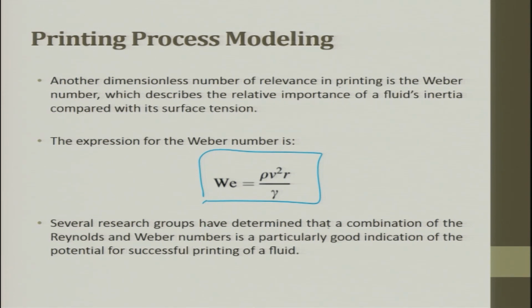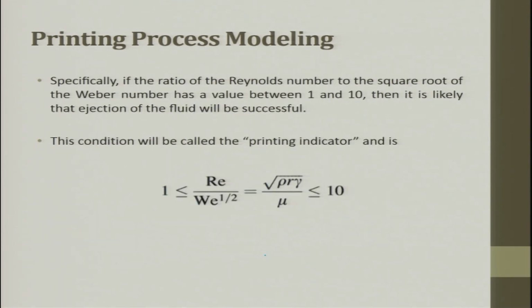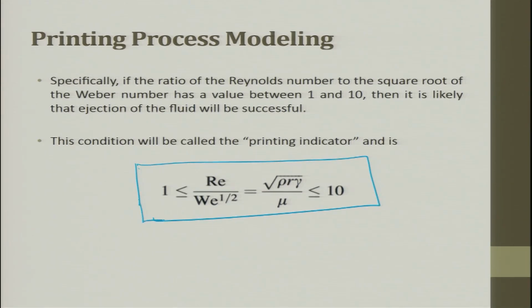Several research groups have determined that the combination of Reynolds number and the Weber number is a particularly good indicator of the potential for successful printing of fluids. So, the condition which is called the printing indicator is this. So, you will have 1 less than or equal to Reynolds number times root of Weber number,